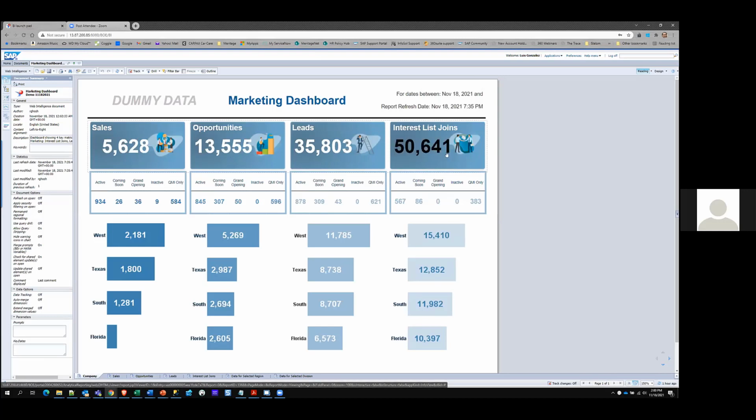So as a potential buyer, you may join an interest list if you're looking to buy a new home in a certain community. You say, okay, please send me information on this community, or these 2 or these 3 communities. So you may join as a potential buyer any number of interest lists on our website, and you get those